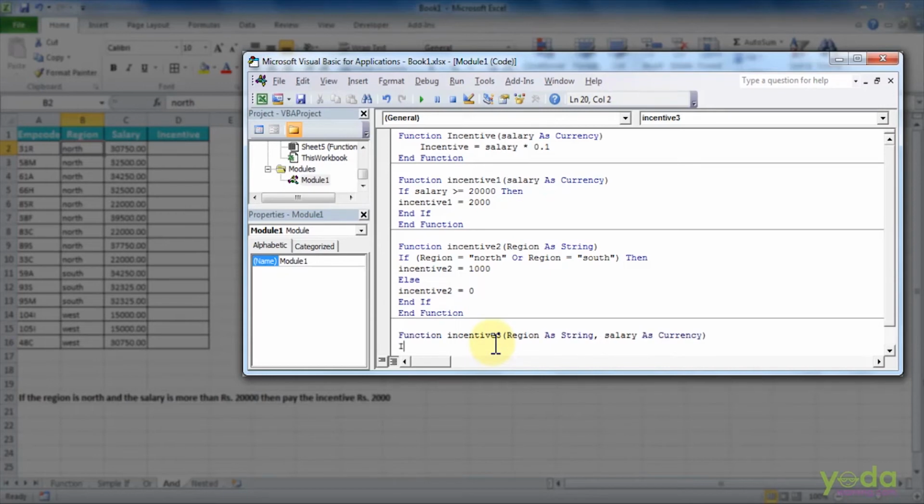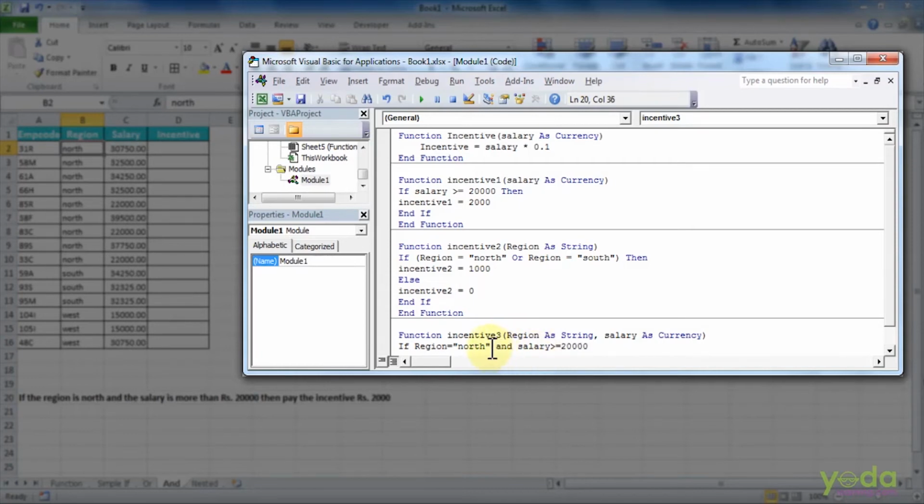Now here I'll start my condition with if this region is equal to north and the salary is greater than or equal to 20,000.